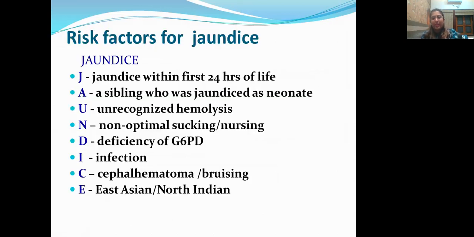So this is a quick way to go over the risk factors for jaundice. A jaundice which appears within the first 24 hours of life is pathological jaundice. We have to look for a sibling who was jaundiced as a neonate, and any sort of unrecognized hemolysis, like intraventricular hemorrhage or, more locally, a cephalohematoma. Non-optimal sucking or nursing is a warning sign. G6PD deficiency has to be ruled out. We have to rule out infections, cephalohematoma or bruising, and racially it's more common in East Asian or North Indian